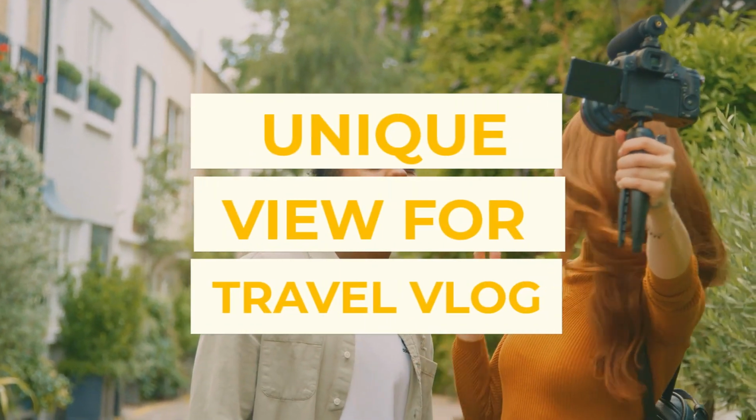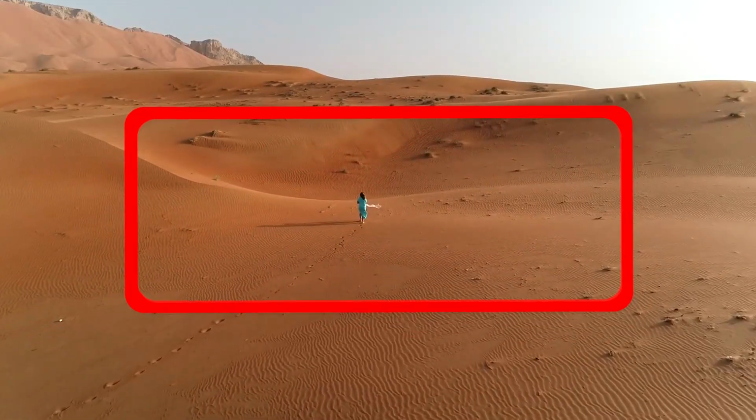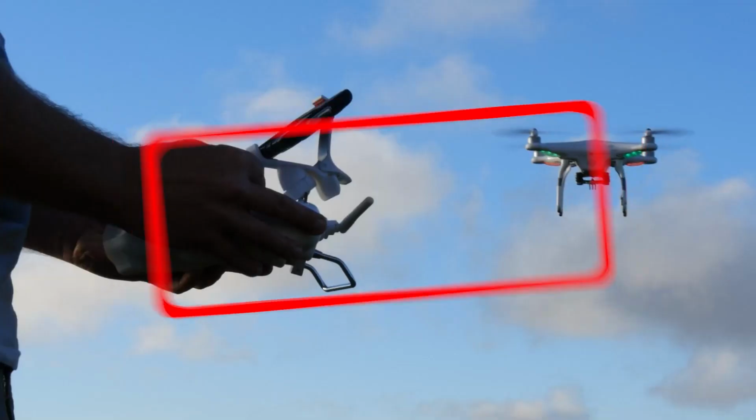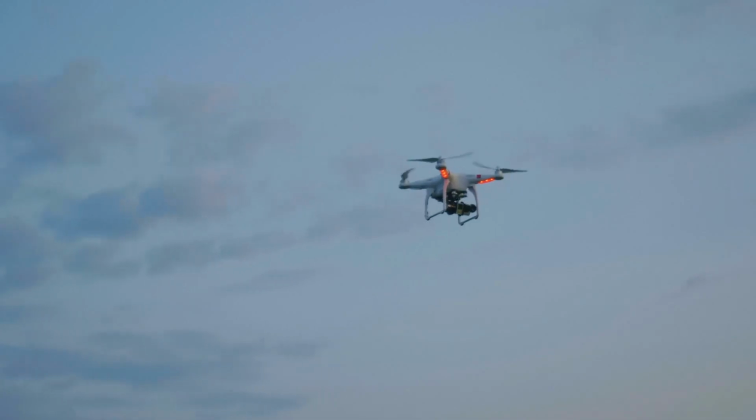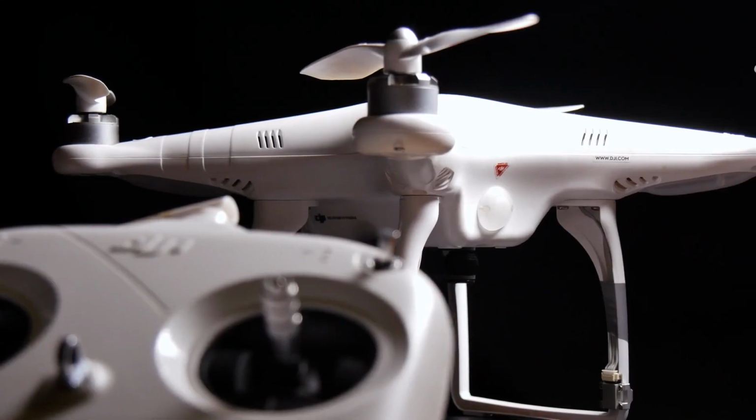Looking for a unique view for your travel vlog? Or want to add production value to your film project in an easy way? Drones can help you with that. Indeed, owning a drone is a lot cooler than actually using it, and to be very honest, tech can go